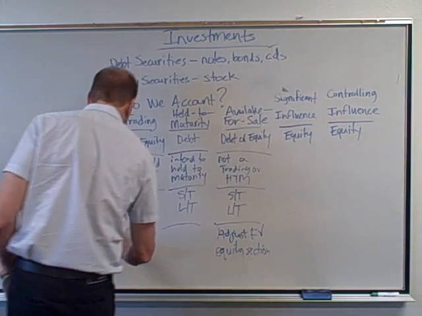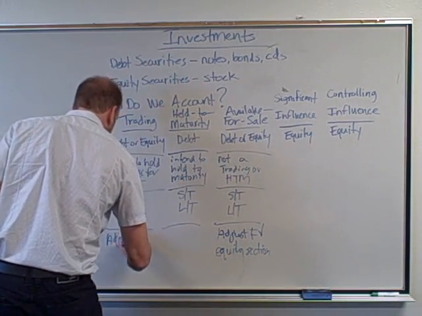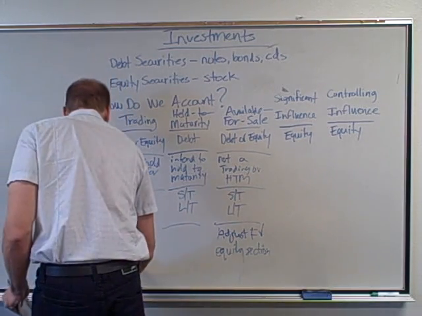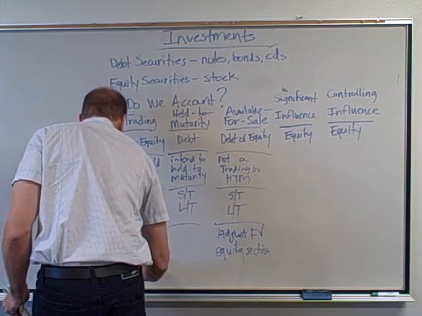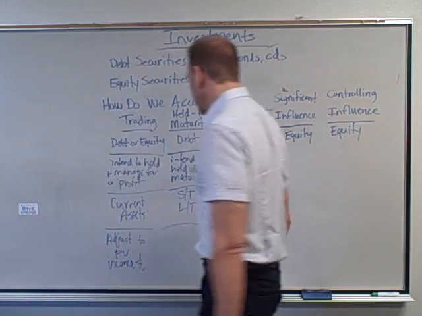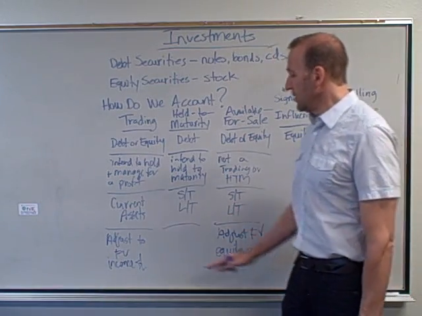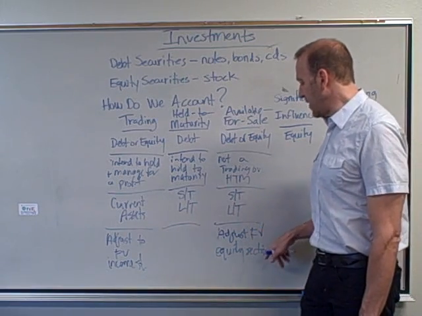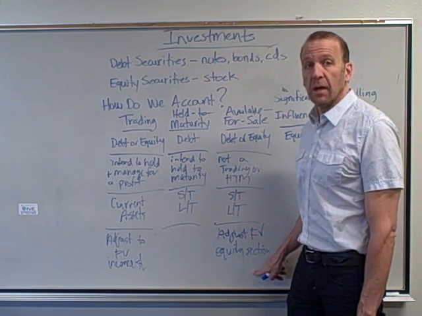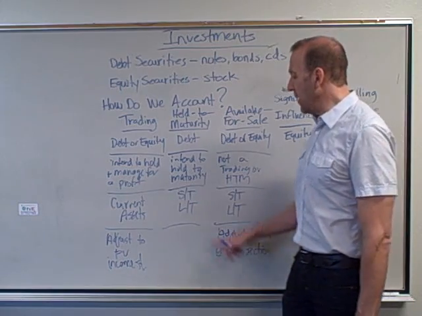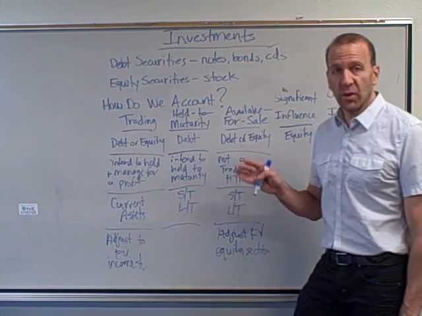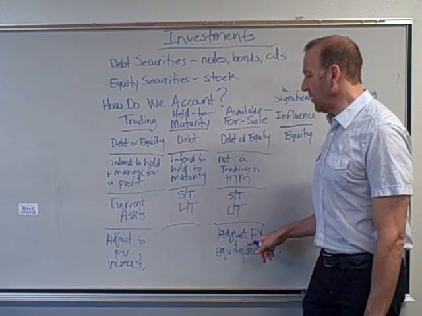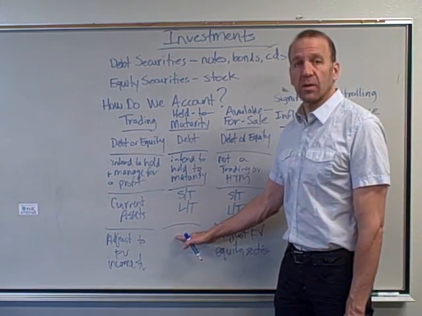This one over here, we adjust to fair value, and the adjustment goes on the income statement. I'm running out of space here, so I'm just going to abbreviate income statement. Sorry, it's kind of hard to write down that low. This one we adjust to fair value in the equity section of the balance sheet. And then this one we don't adjust. All three we originally record at cost, and then these two we adjust. The trading and the available for sale get adjusted. Held to maturity doesn't. It's recorded at cost.